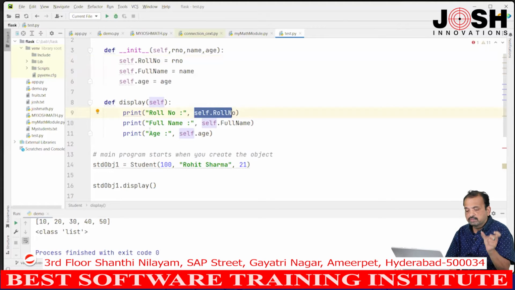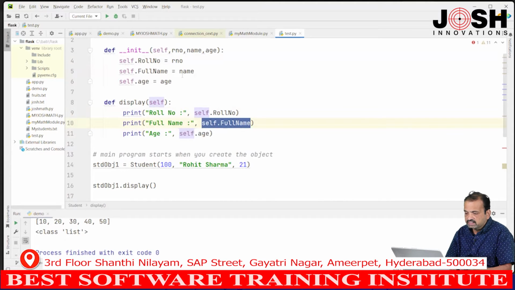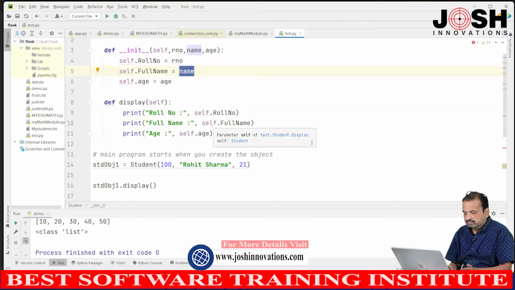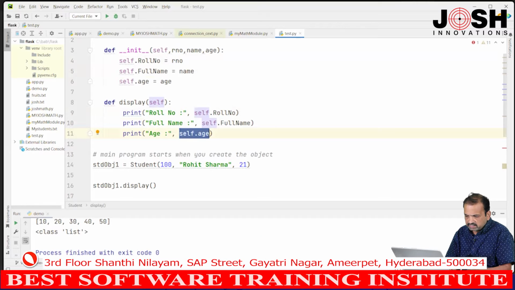Next, line number 10, it prints string full name, then it prints the value of self dot full name. What does self dot full name contain? It contains Rohit Sharma. Next, it will print the age string, then it prints the value of self dot age. When you create the object, this 21 will pass to age, so self dot age contains 21. So, it prints 21. See here, when you run this,